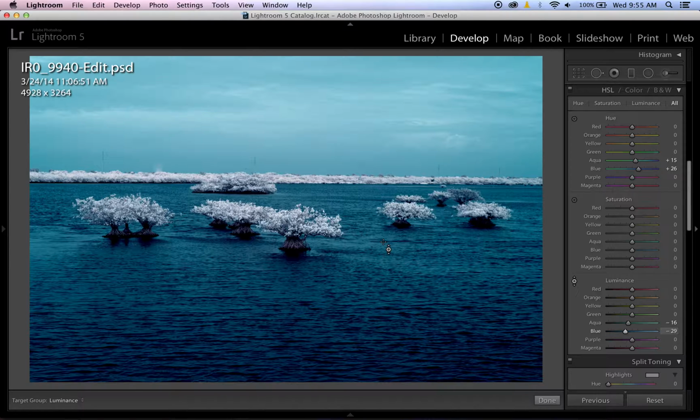You can see it looks much crisper. It looks much more finished. And this was without doing any sharpness adjustments. So again, all done in Lightroom on top of the Photoshopped image using targeted adjustments for hue and luminance. I can play with saturation as well if I wanted to, going into the same spot and adding or subtracting saturation for the blues. Honestly, I think this is fine as is, so I don't really want to mess with the saturation. So now I have the finished